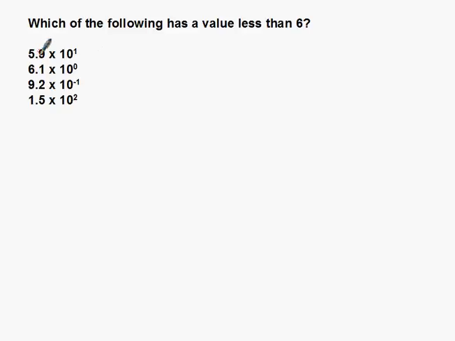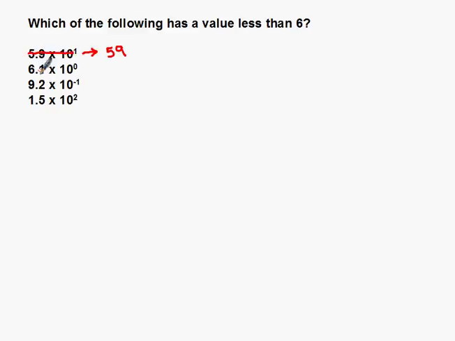So to take 5.9 times 10 to the first and turn this into standard form, we are simply going to move this decimal place to the right, since we have a positive exponent, one step. So 5.9's decimal moves over 1 to the right, and 5.9 times 10 to the first becomes 59. All right, 59 is clearly bigger than 6, so we can cross that one out and take a look at